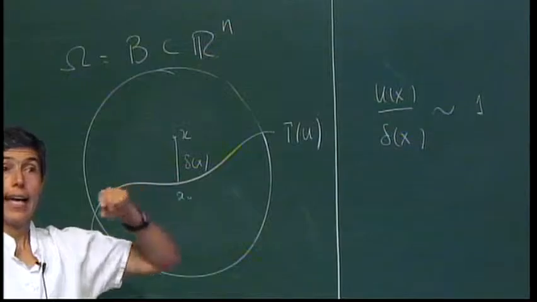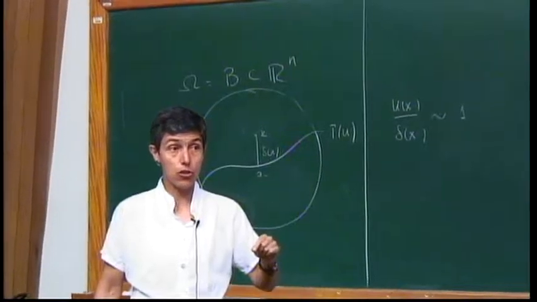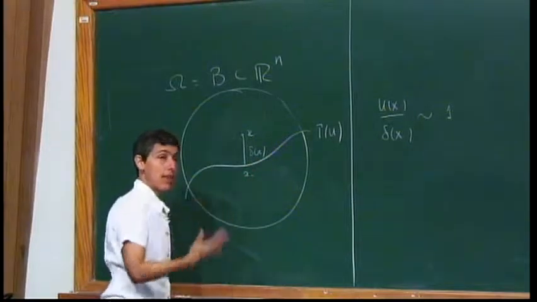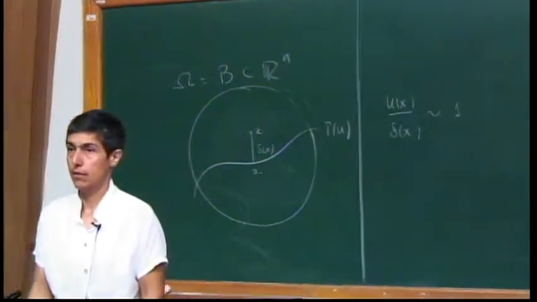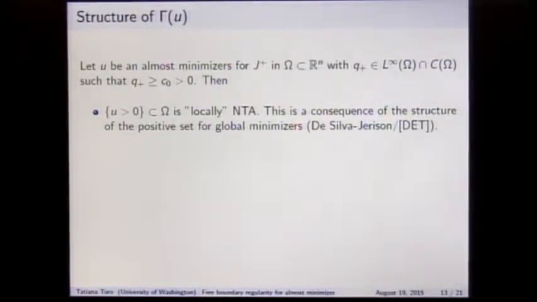On the other hand, Alt-Caffarelli-Friedman had measures because they have subharmonic functions. The Laplacian of u plus was supported on these, and it had very nice properties. So I go back to where I come from, which is GMT, and I wanted a measure. More than anything, to address this problem, I wanted to construct a measure on this gamma of u that will tell me something. So the blow-up argument won't do it for me. So we changed gears, and this is where maths came in. The first thing we did is, we're looking at almost minimizers.